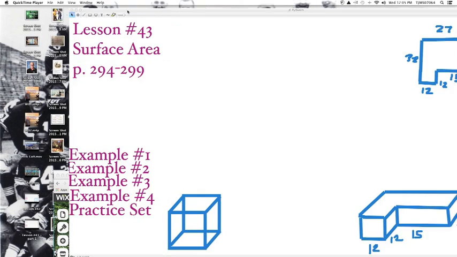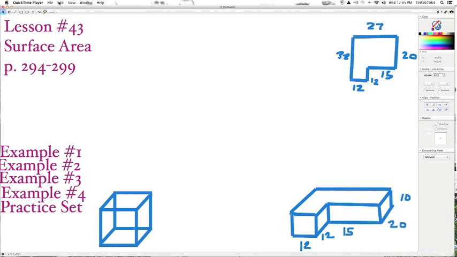Okay, this is the second part of lesson 43, surface area. I'm on page 294 through 299. I'm going to jump right to example 1, and what we want to know is a figure that's a cube